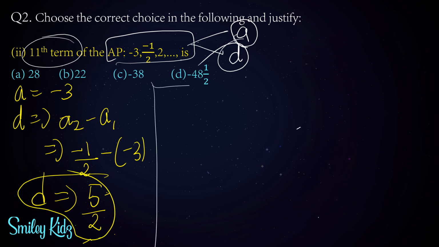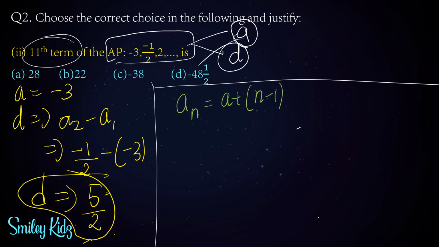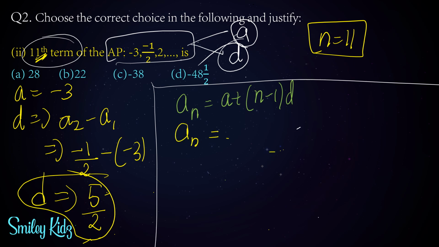Now we extracted a and d. Now we're going to put on the formula. an is equal to a plus n minus 1 into d. Now just substitute the values, and you already know the value of n. Come on, n is equal to 11. Right, because we're going to find out the 11th term. Now, what is the value of an? That's what we're going to find out. So an is equal to, what is the value of a? It is minus 3 plus 11 minus 1